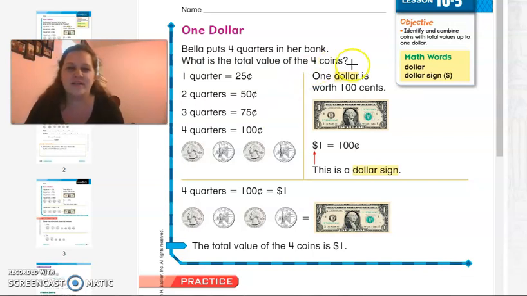All right, right over here it says $1 is worth 100 cents. So remember, I said we had 4 quarters right here, and we know that 4 quarters equals 100 cents. But another way to say 100 cents is $1. So today we're going to start talking about the dollar sign. We've been using the coin symbol, the cent symbol, and remember that,